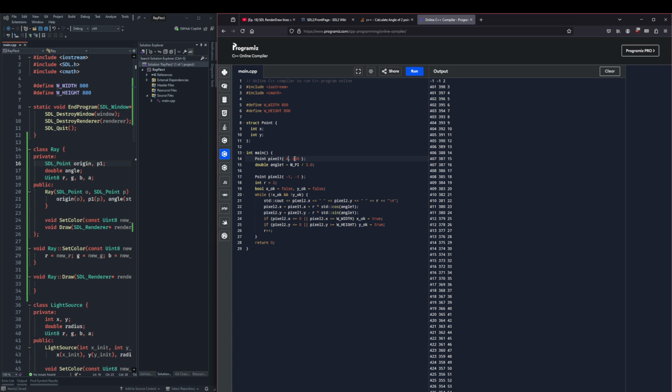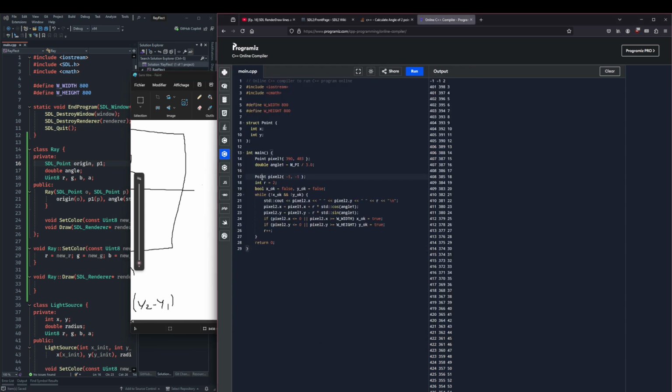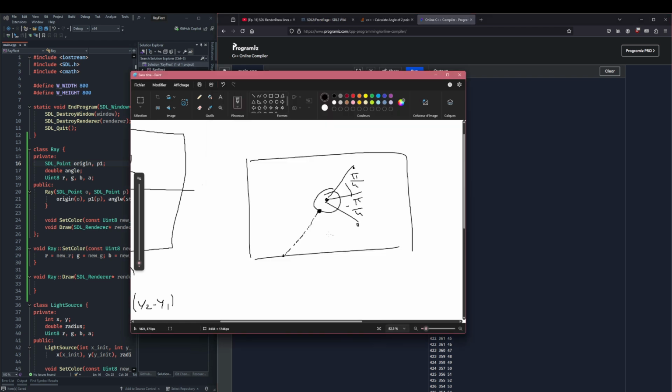Maybe I should do like 390 and, whatever, like 483. Let's just do that. And so 483 would be our point here, and pixel 2 is the pixel that we are trying to calculate. Basically, we are trying to get to this point. And so I started with a distance of 2, and by that I mean that the next